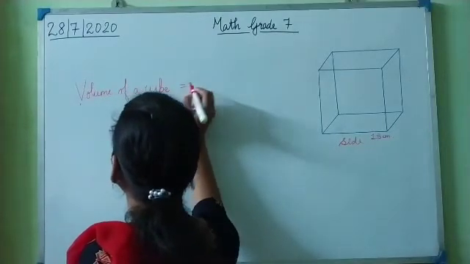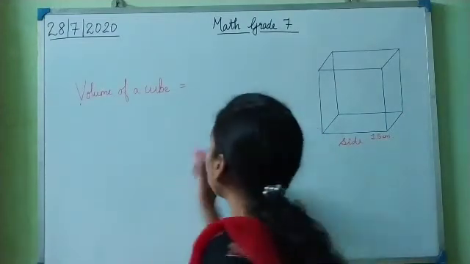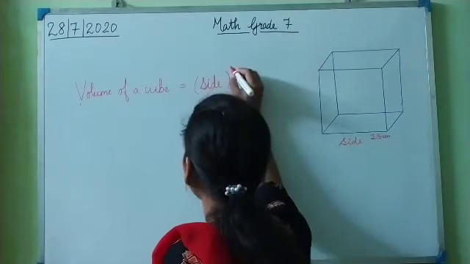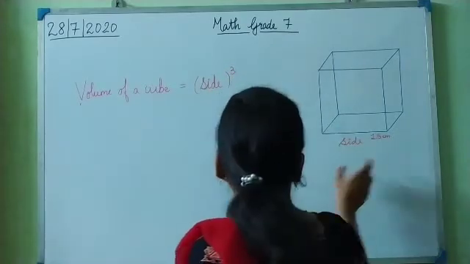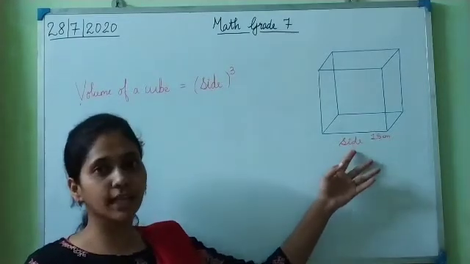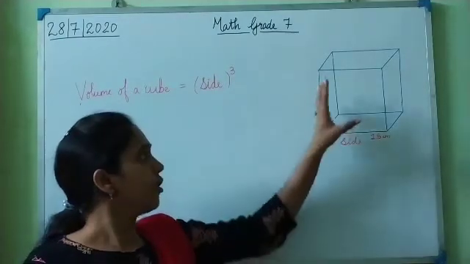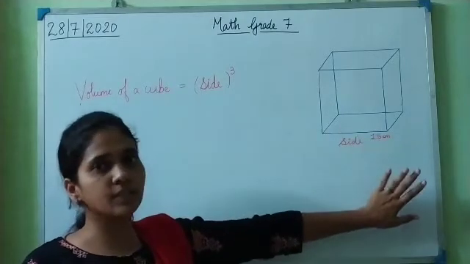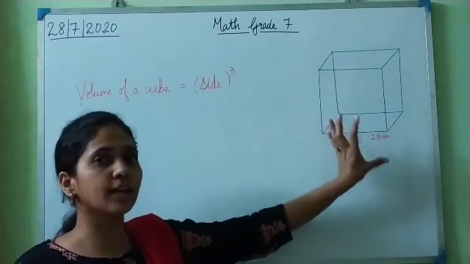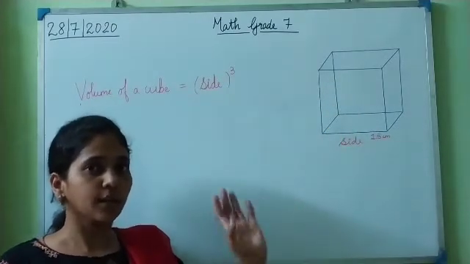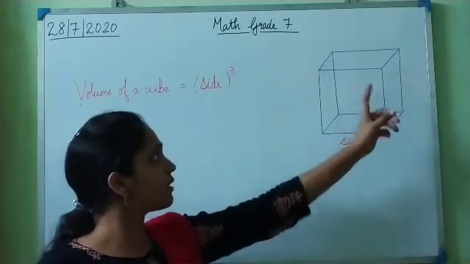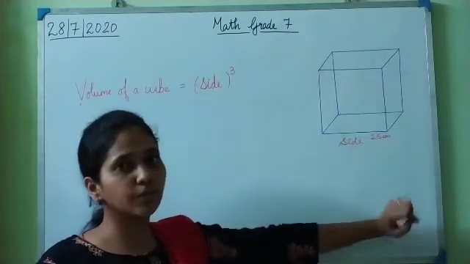for finding the volume of a cube is side cube. Okay, side cube means what? Whatever is the length of the side which is given of the cube. We know that all the sides of the cube are going to be the same. Why? Because it is a cube. It is a cube means what? All its sides, all its faces, are same. Same means equal, 15 centimeters. So all the sides of this cube will be 15 centimeters.